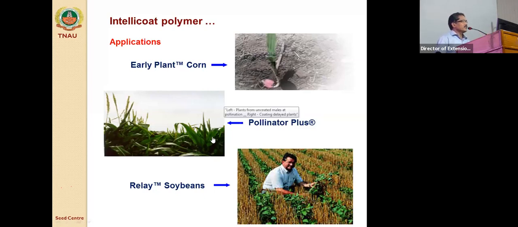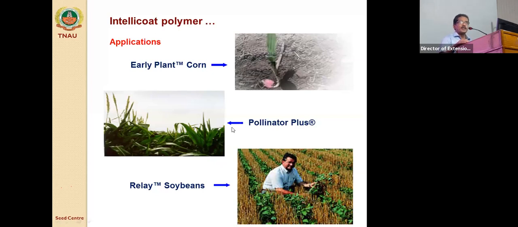Then the second one is pollinator plus. Whenever we go for hybrid seed production, we will have two different maturity groups of parental lines. Female parent and male parent will have two different maturity groups. In that situation, we have to necessarily go for staggered sowing, 10 days later and 10 days earlier, like that. So that will again be a tedious process.